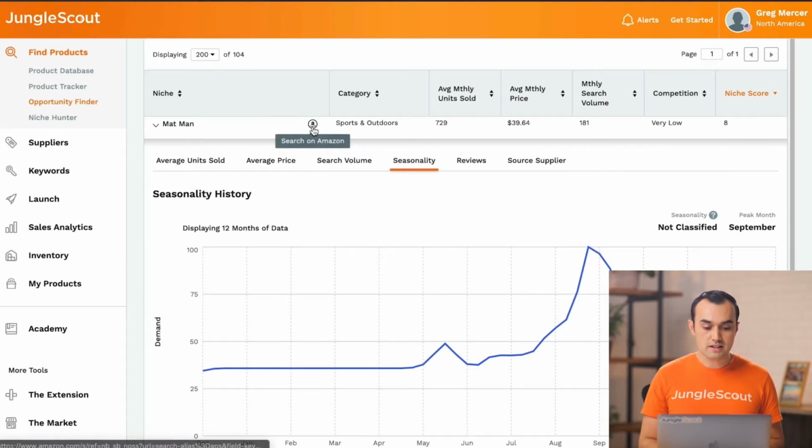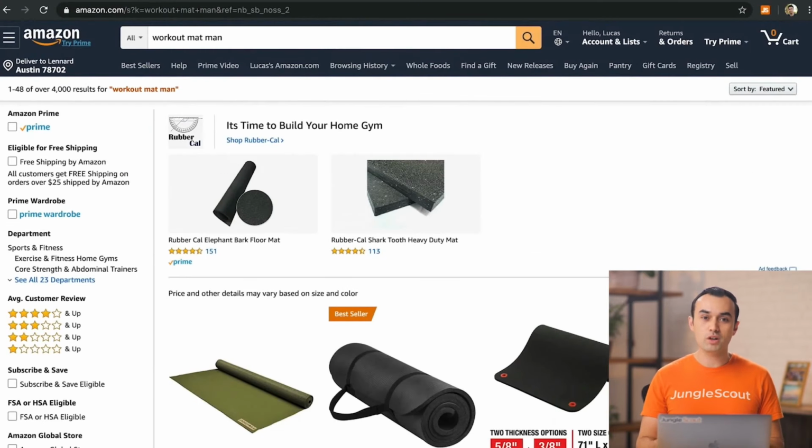So if there is a current spike for some reason, right? Like people are buying more of these at the moment because they're at home. If you don't anticipate that being the new norm, then you've got an opportunity to see what it could be like after the fact. The next thing that we can do is click to open this opportunity up on Amazon,